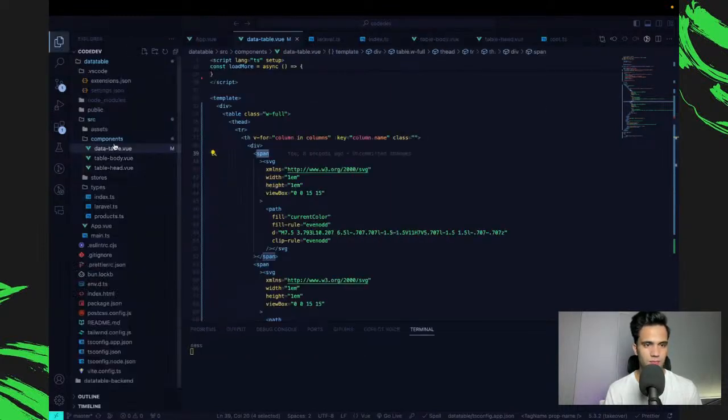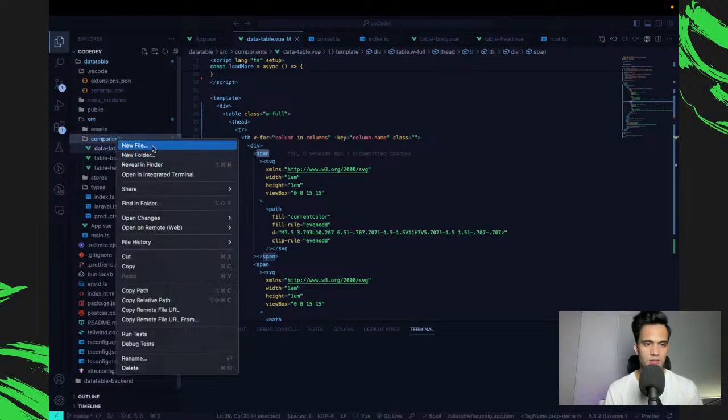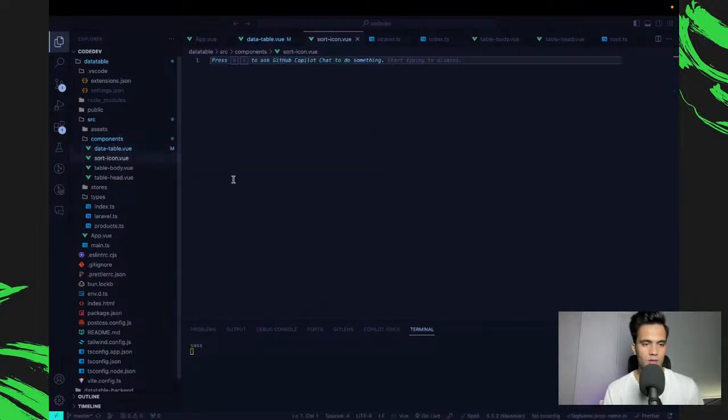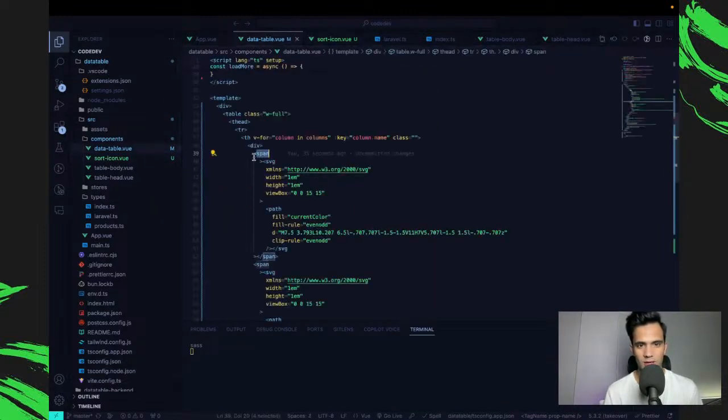So what I can do really is just create a new component, and this will be sort-icon.vue. It shouldn't be a dash again if anyone is noticing it. It's just because I want to avoid the ESLint for now, and then I will fix this naming.